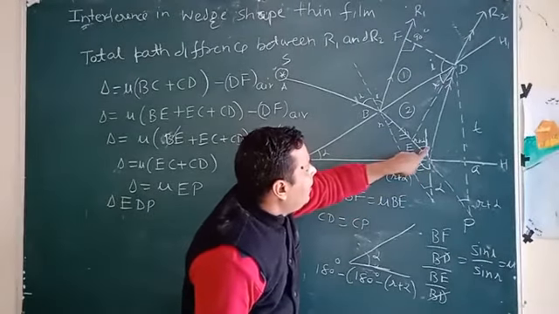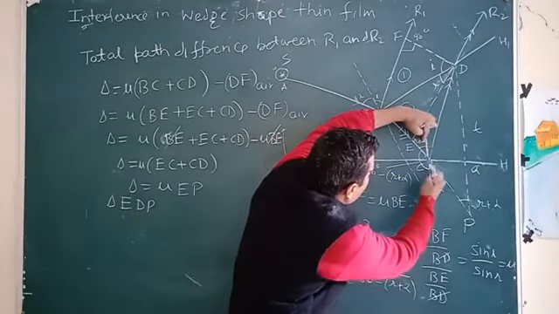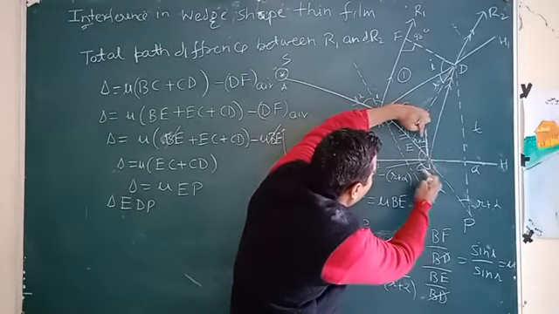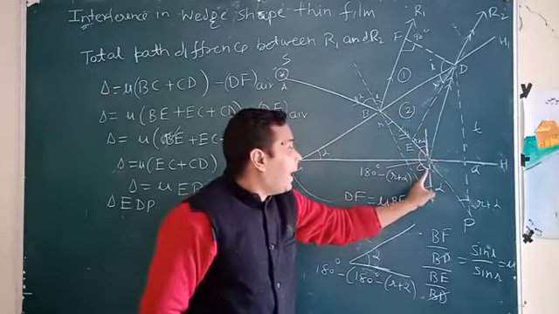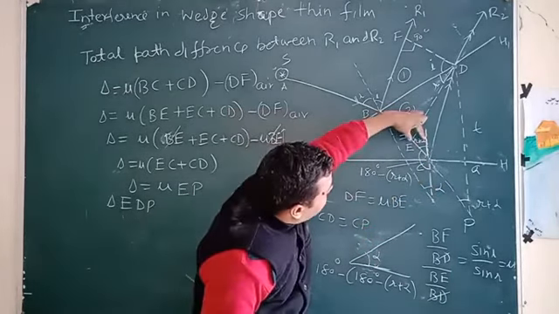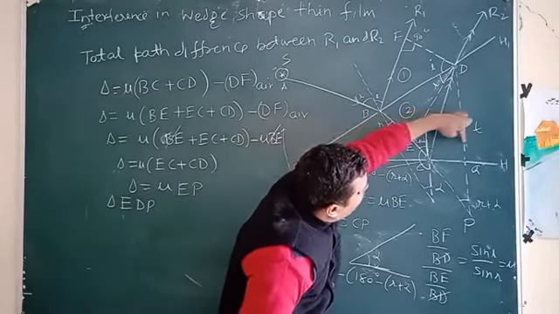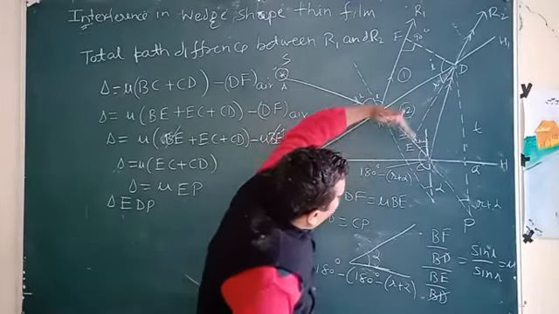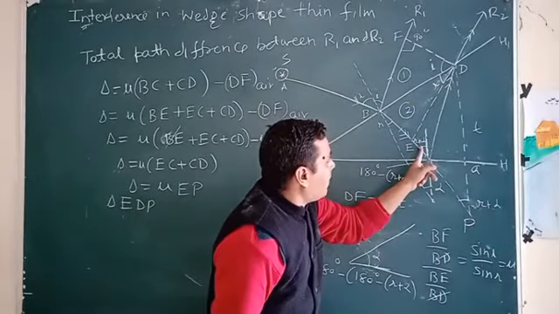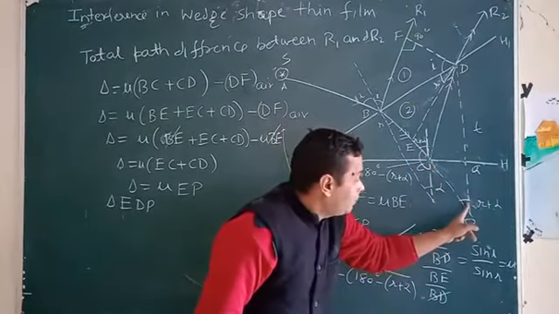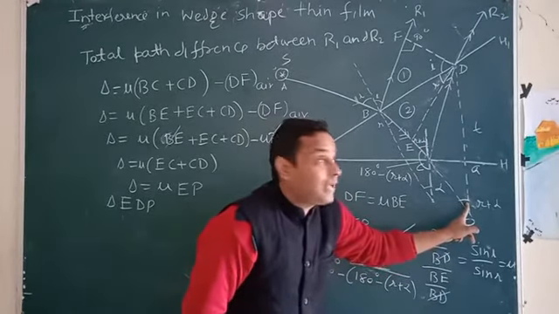Understand? And again, this is the parallel here. So this is again 180 degrees minus this angle, so again it is R plus alpha. If this is R plus alpha, then these two rays are parallel and cutting the same line. If this makes the angle R plus alpha, then this will also make the angle R plus alpha.